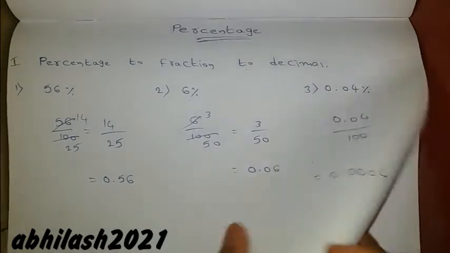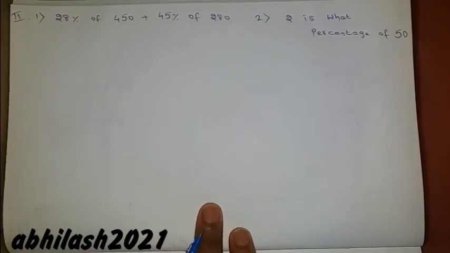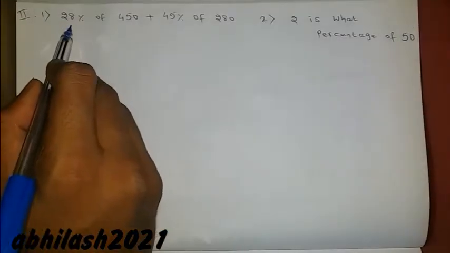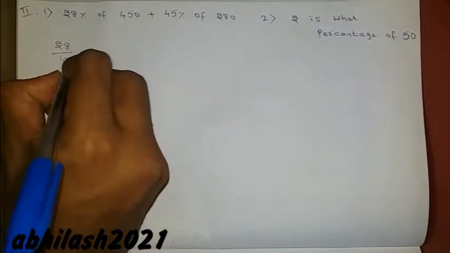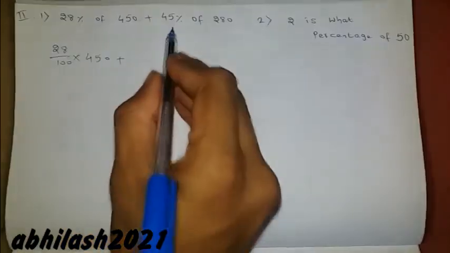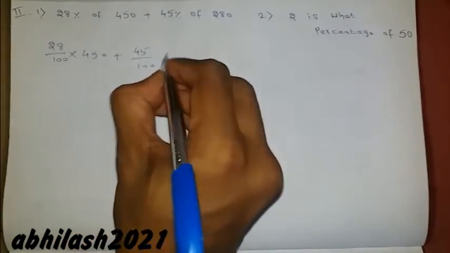Okay, let's move to the next question. What is the value of 28% of 450 plus 45% of 280? 28%, that is nothing but 28 by 100 into 450, where 'of' is nothing but multiplication, plus 45%, 45 by 100 into